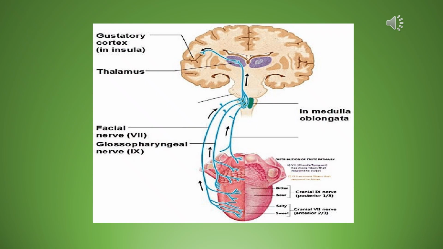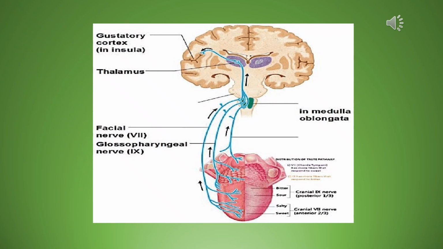Okay, so the receptor cell, or the cell that initiates the depolarization and the action potential, those are epithelial cells that are simply called taste cells or gustatory receptor cells located in the taste buds. They are innervated by the facial nerve out front, the glossopharyngeal nerve in the back part of the tongue. So the transmission of the signal goes from the taste receptor cell to the facial or glossopharyngeal nerve.